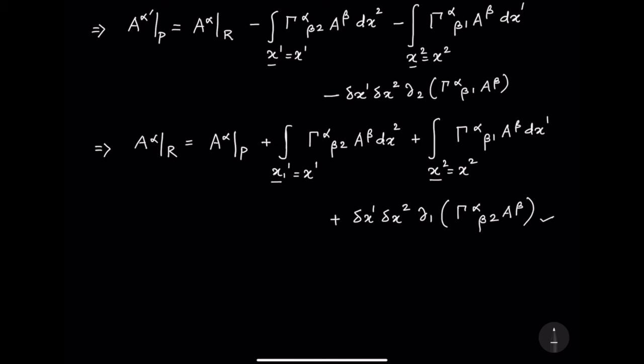Okay, so now if I call this delta A alpha, which is the final thing minus the original thing at P, this you see is delta x1, delta x2, del 1,